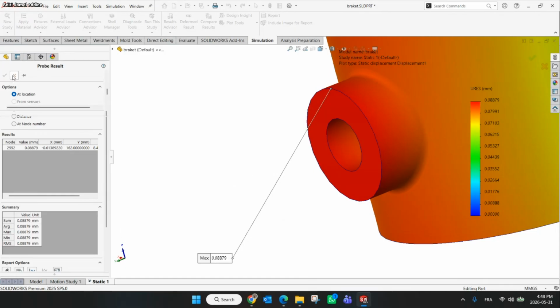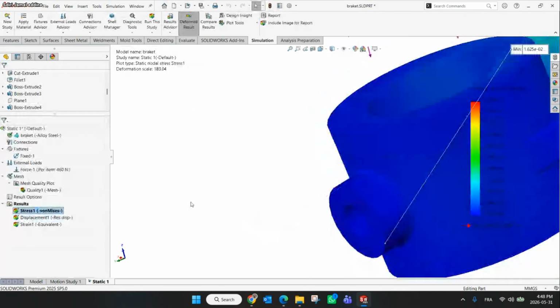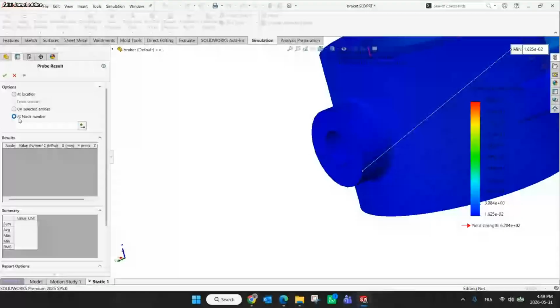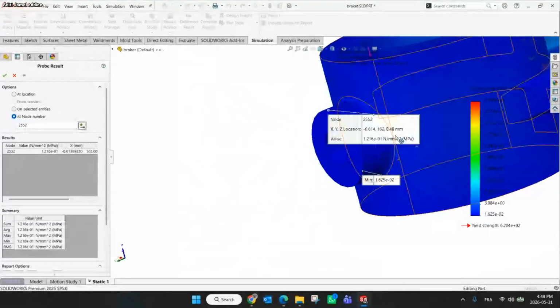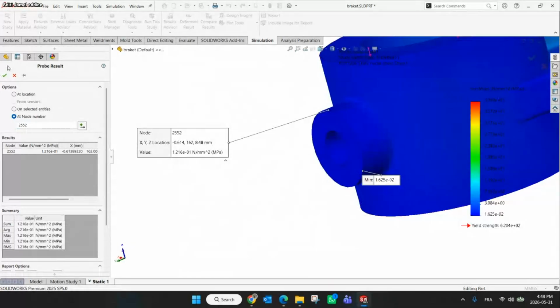We close this. We go to the von Mises stress. Then we click probe. Now we select node number. We have 2552 and click probe result. So for this exact location, yes, let me just change